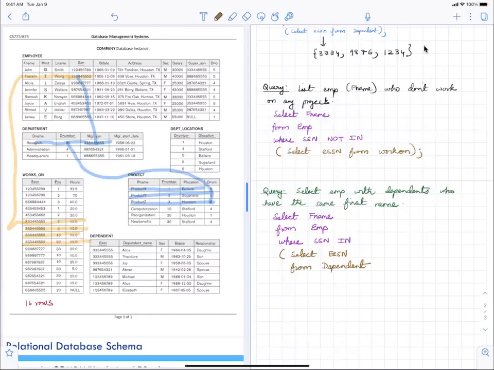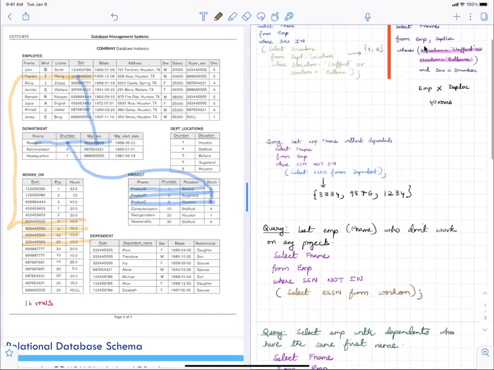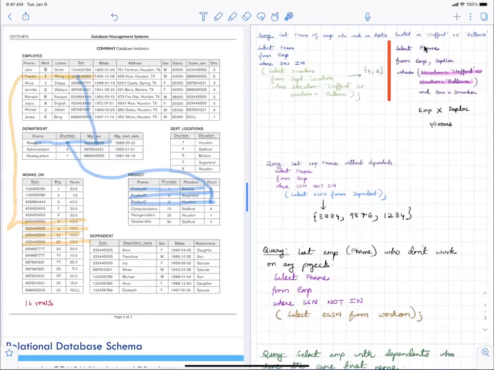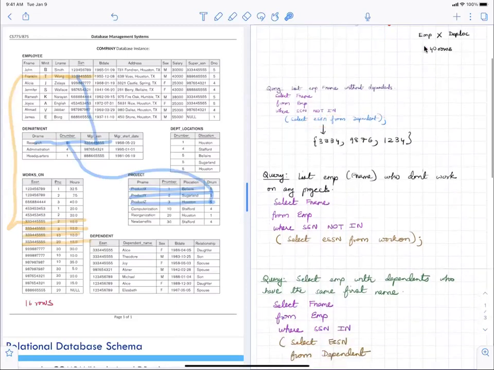So now this is the thing. In the earlier ones, we just said select ESSN from works on, where D location is equal to Stafford. If you look at these queries, we are looking at department location, and the subquery is only dealing with attributes from department location. It is not dealing with any attribute from employee. Similarly, out here, select ESSN from dependent, we don't even have a where. So we are only looking at dependent. Here, we are only looking at works on.